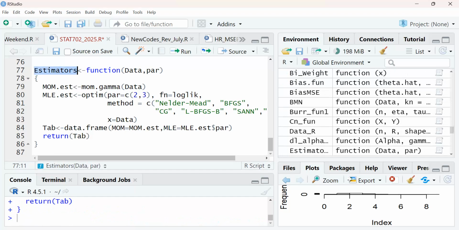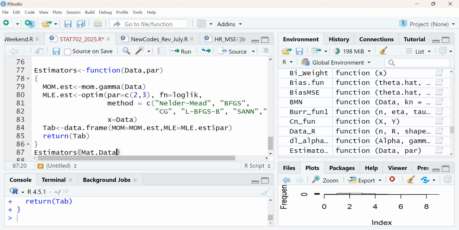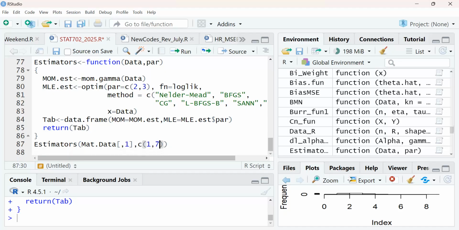Let me check first. I call math data, then I choose the first column. After the comma, that's the first column. Then for par, I give it, let's say, 1 and 7, just to show that we can change the value.